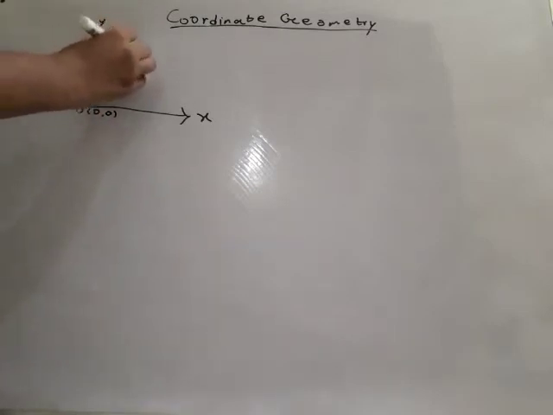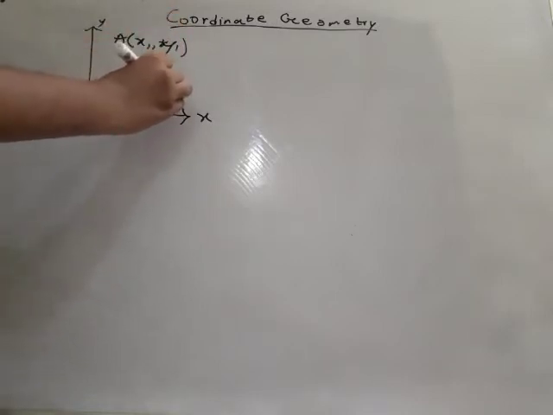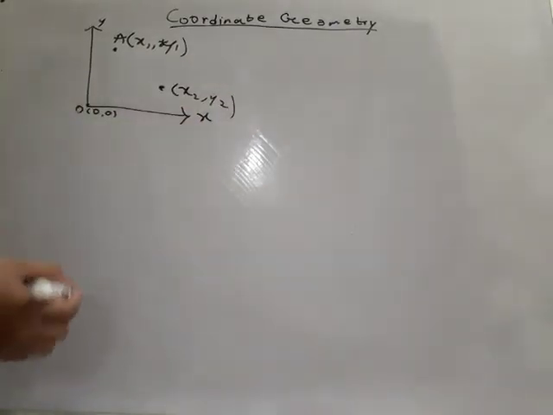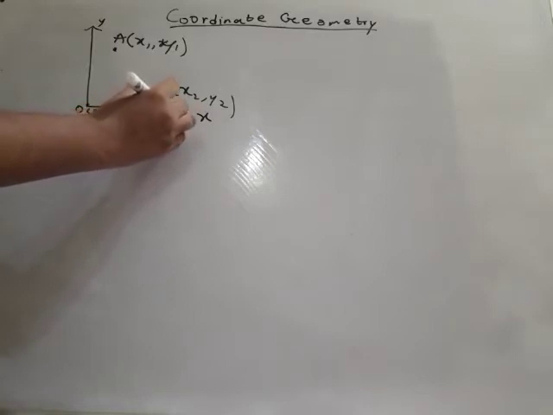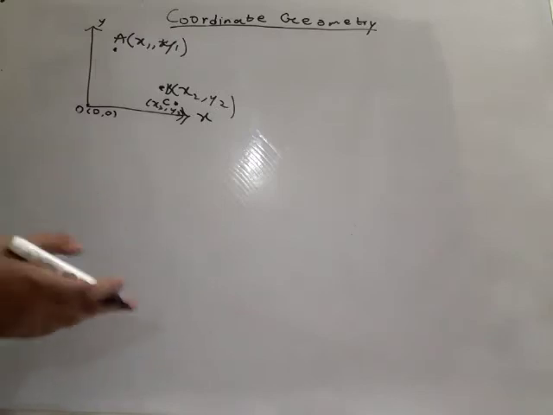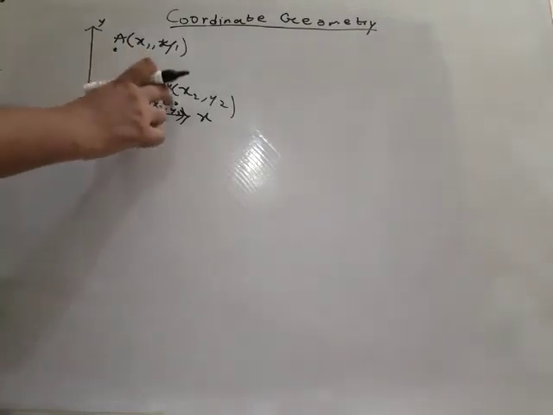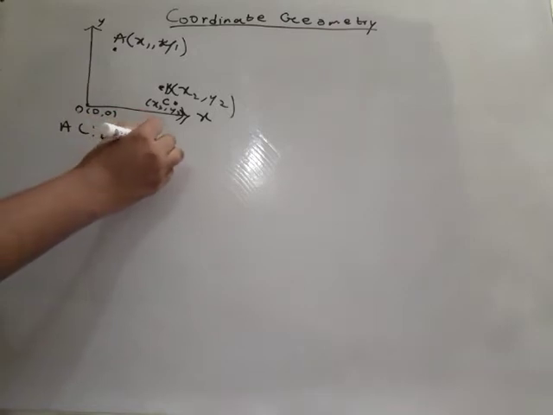Let there be 2 points again, A x1 comma y1 and B x2 comma y2. Let there be a point C somewhere, say it is here, C x3 comma y3. Now C will divide AB, not internally as can be seen here, but if we take AC is to BC, C is dividing AB in a ratio which is external. So let AC is to BC equal M is to N.